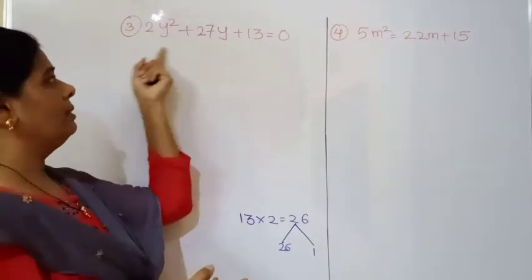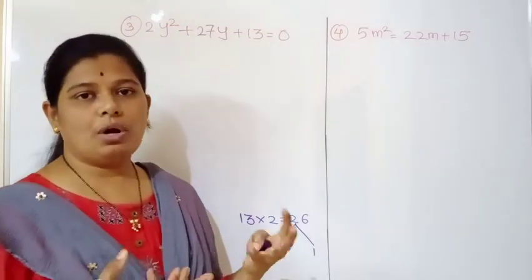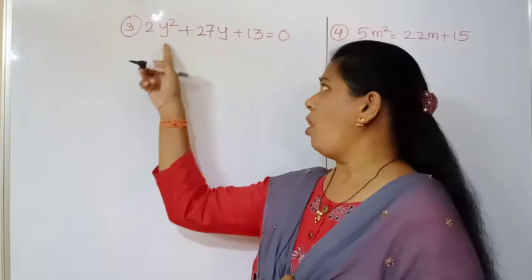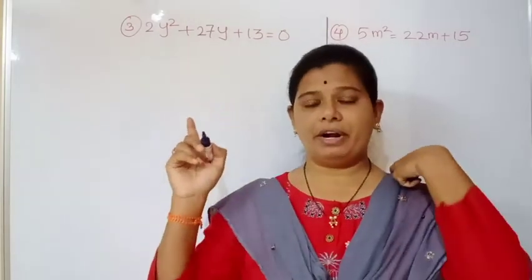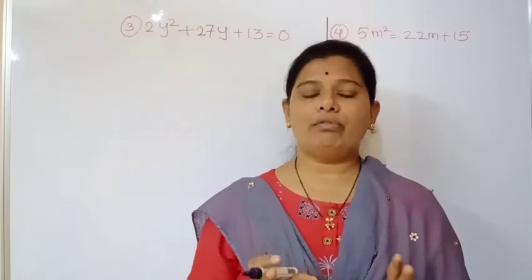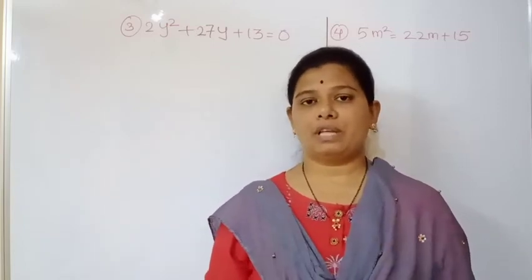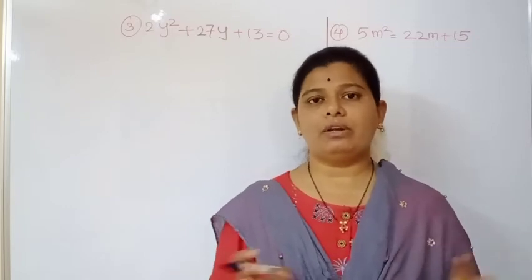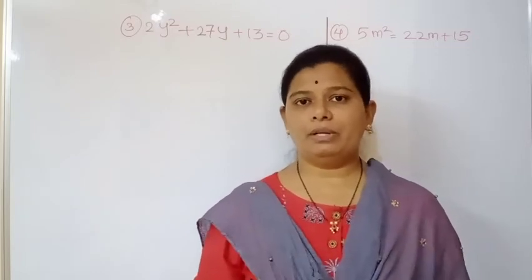Now all the numbers have a plus sign, so no problem. When all the numbers in the quadratic equation have a plus sign, you have to solve that equation with the plus sign only. At that time you don't think about any other sign; all the signs will be plus only.